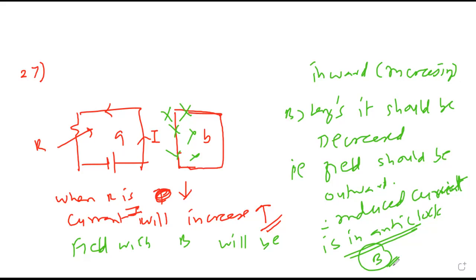Till 33 I will complete today. Rest all are AC circuits that I will start today evening. So this week my target is to complete EMI and AC completely. Next week atoms, molecules, nuclei. So as per commitment, I will be short by 5 days. 12th December is Sunday. By that, atoms, molecules, nuclei will get over. Then one chapter left out, semiconductor.